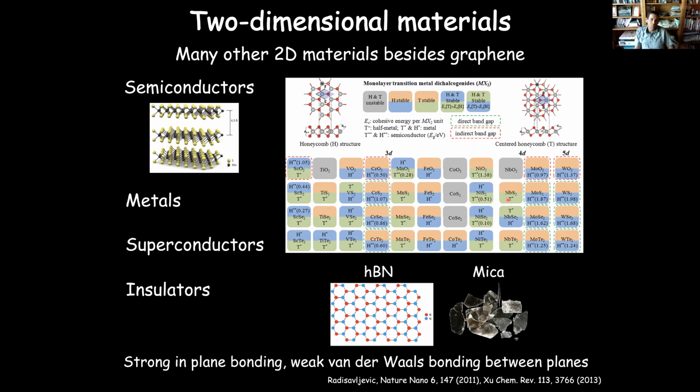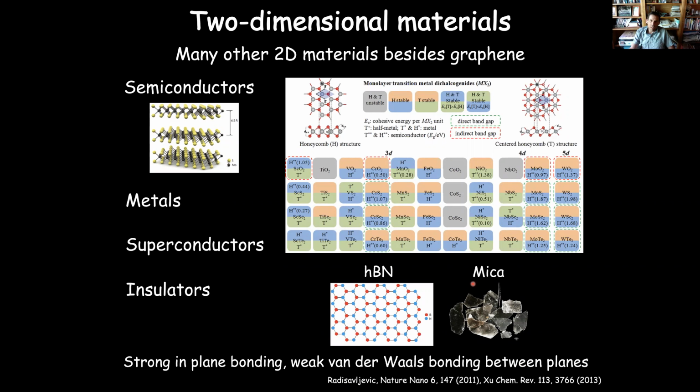And then to fill out the different properties here, we also have insulating materials, things like hexagonal boron nitride. We have the same structure that you have in graphene, so a single atomic layer of material, but instead of having carbon atoms, you have alternating boron and nitrogen atoms. This alternation of boron and nitrogen breaks the symmetry in the crystal, and instead of being a metal, you have a large band gap, 5-6 eV in this material. And you also have naturally occurring things like mica, which have the same general properties, where you can easily separate the layers because of the weak van der Waals bonding.